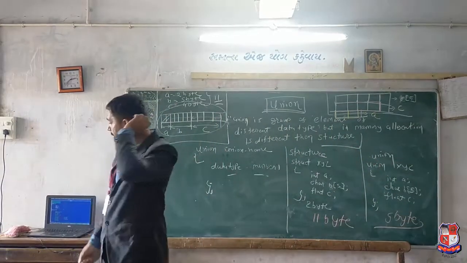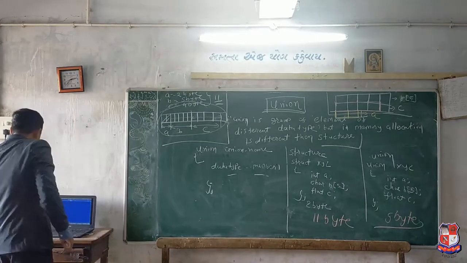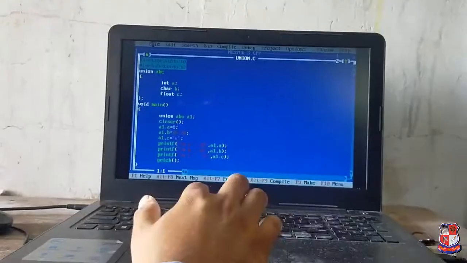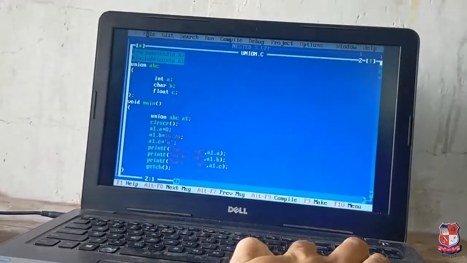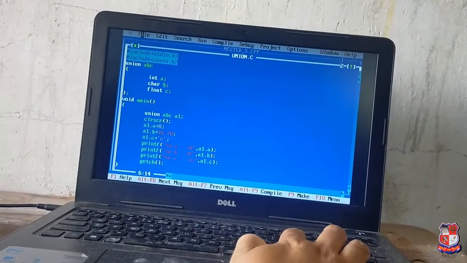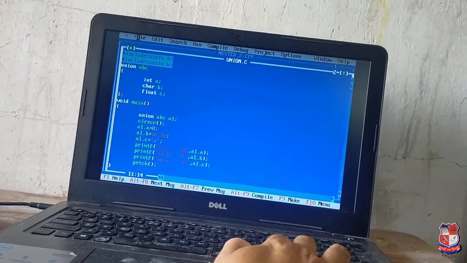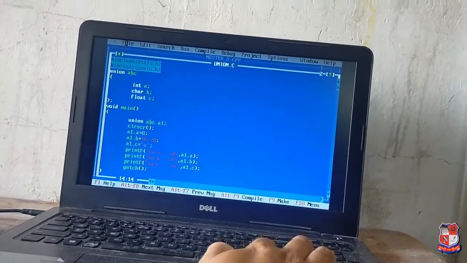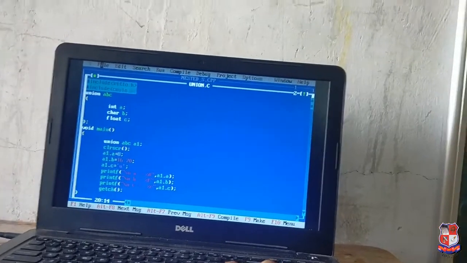Now we see the example of union. Here we create the union just like the structure: integer a, b and c. Union object takes the three values and outputs.